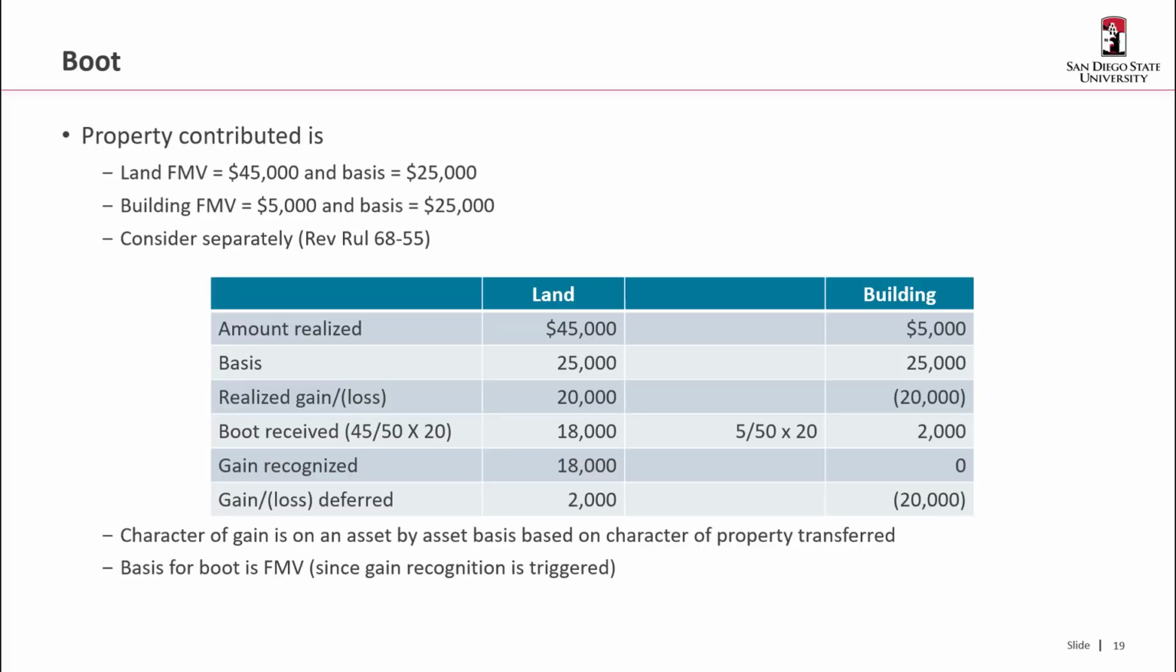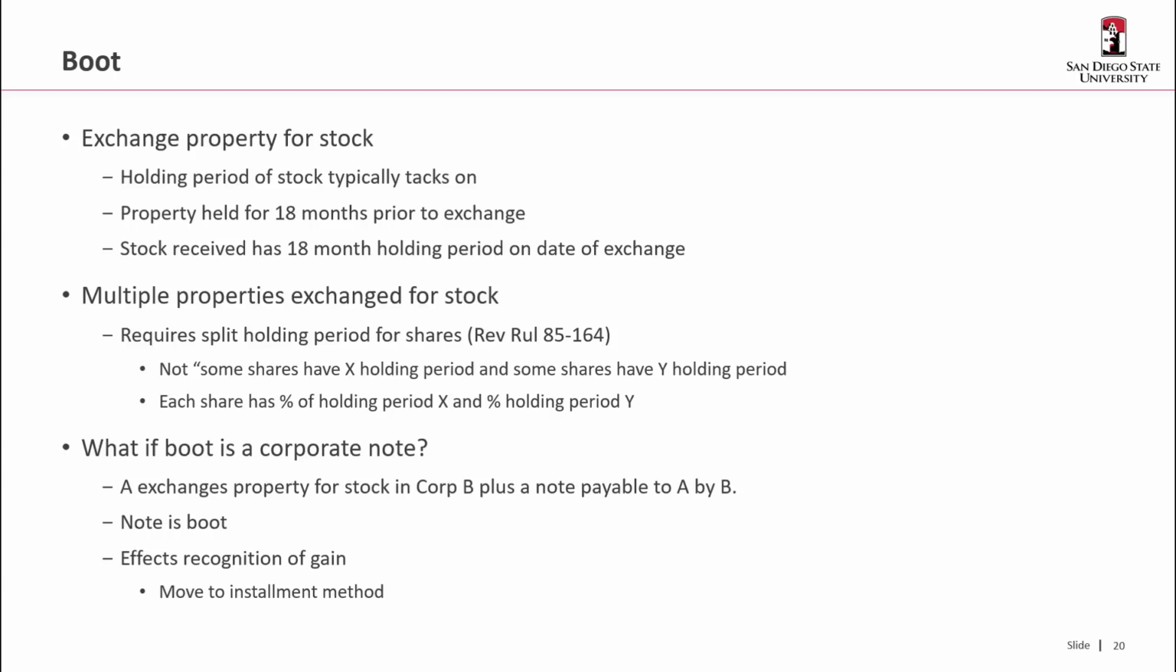The basis for boot is the fair market value since gain recognition is triggered. So if the boot happened to be, instead of cash, some other form of property, then what would happen is the basis you would take in that property is the fair market value. Okay. So boot,